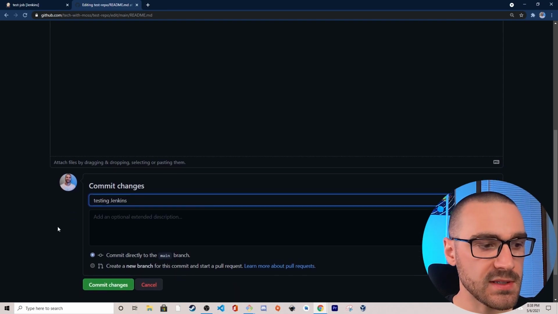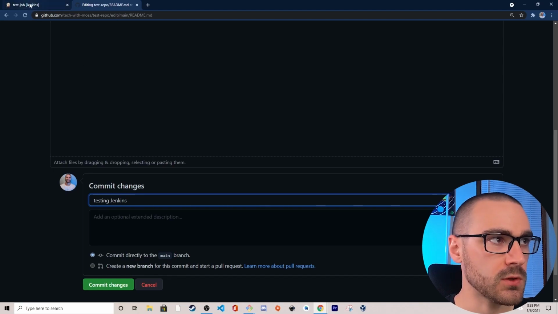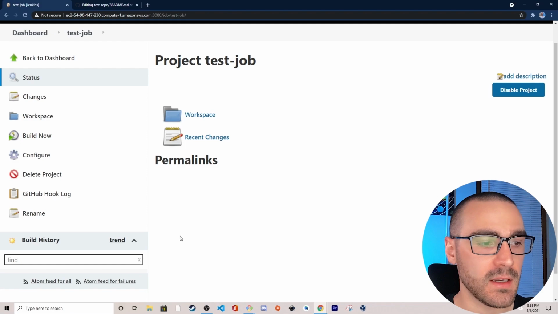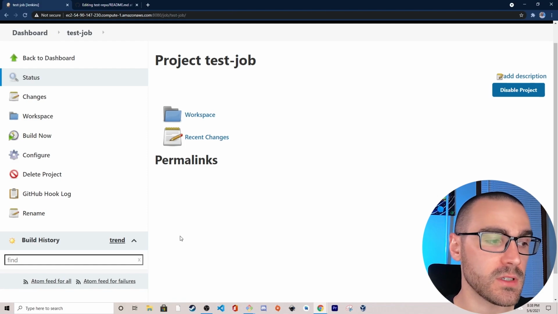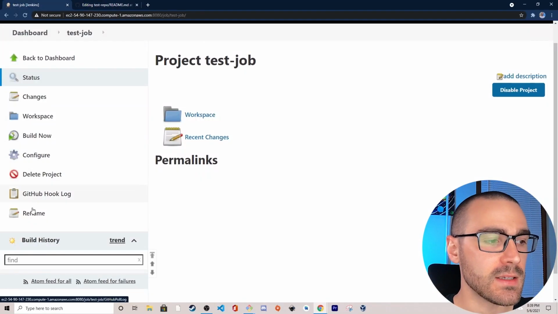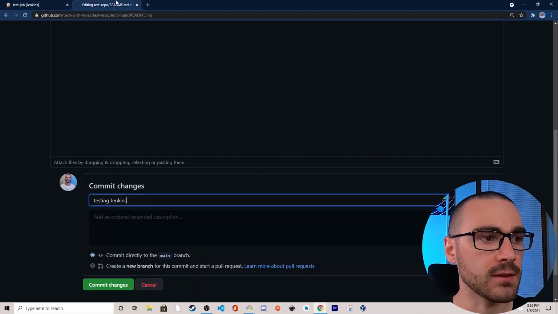And before I select commit changes, I want to show you that our test job currently doesn't have any jobs that have run, or any builds that have previously run, right? So after I select commit changes, we should see a build running in this Jenkins job. Okay, so I'm going to select commit changes,